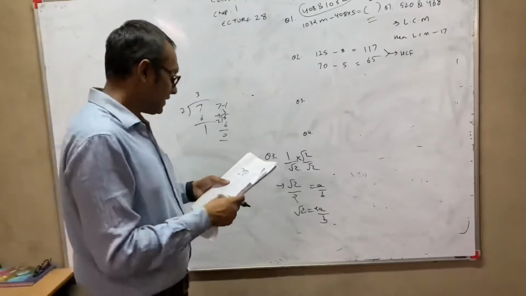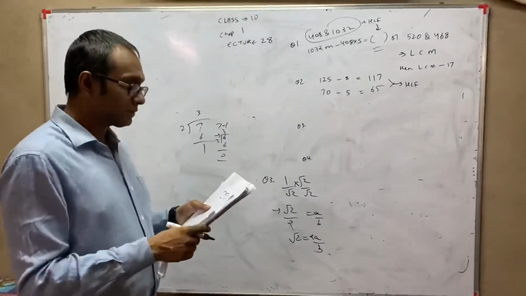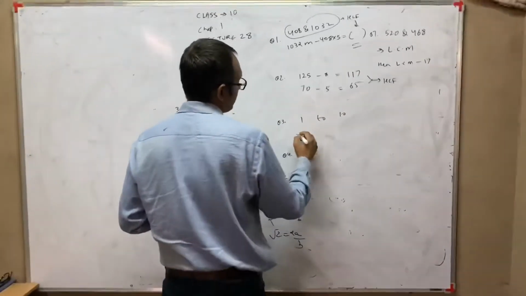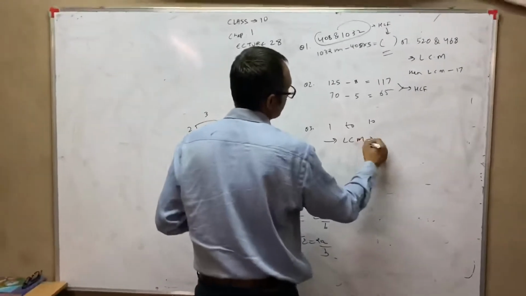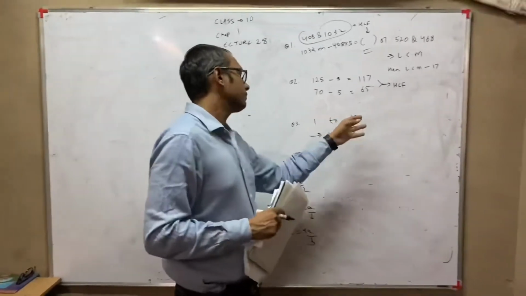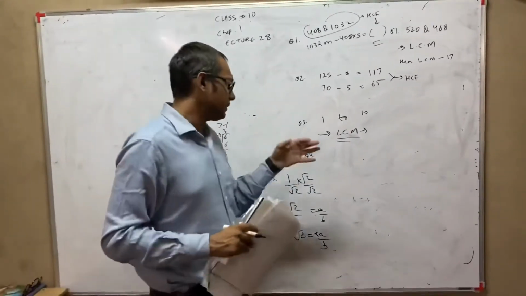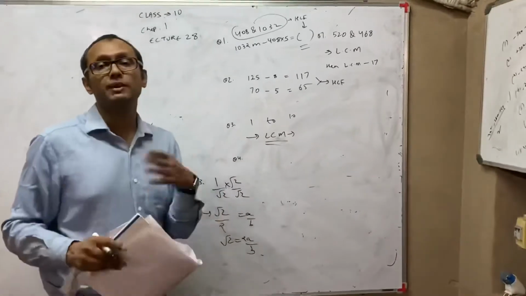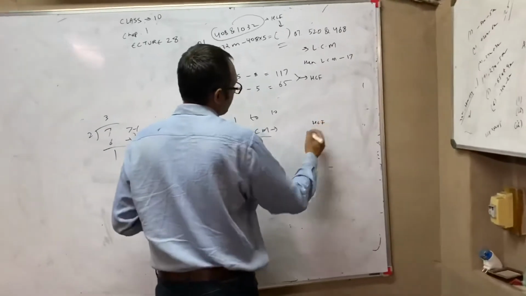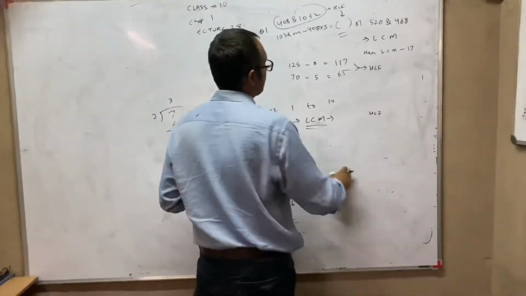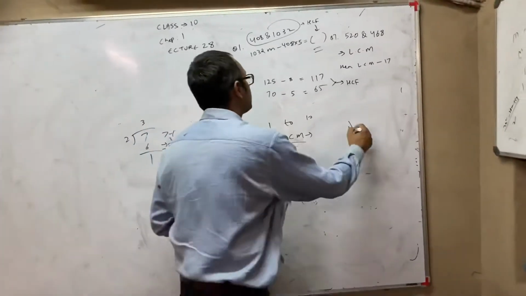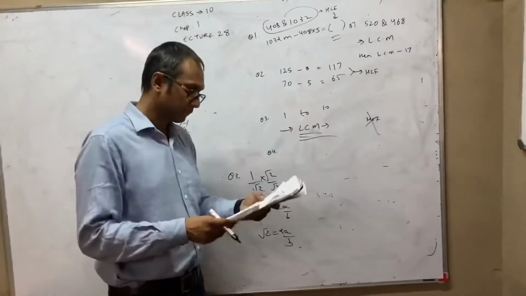Question number 3: find the least number that is divisible by all the numbers from 1 to 10. From 1 to 10 it should be divisible. So here you will find the LCM, and then check that the number is divisible by all the numbers 1, 2, 3, 4, 5, 6, 7, 8, 9, 10. Some children may get confused and find the HCF in this question. In case you find the HCF, and then check your answer, you will find the HCF is not divisible by all the numbers. At that time you will realize your mistake and say no, we have to find the LCM.